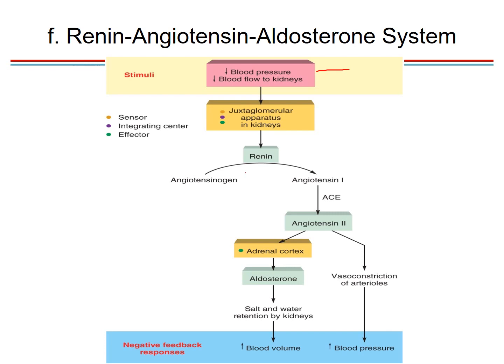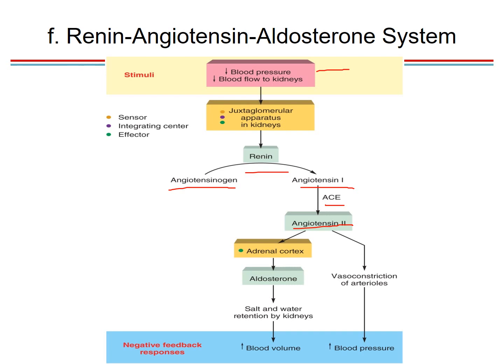So renin is going to convert angiotensinogen into angiotensin 1. Okay, so then the next step is where angiotensin 1 is going to be converted into angiotensin 2